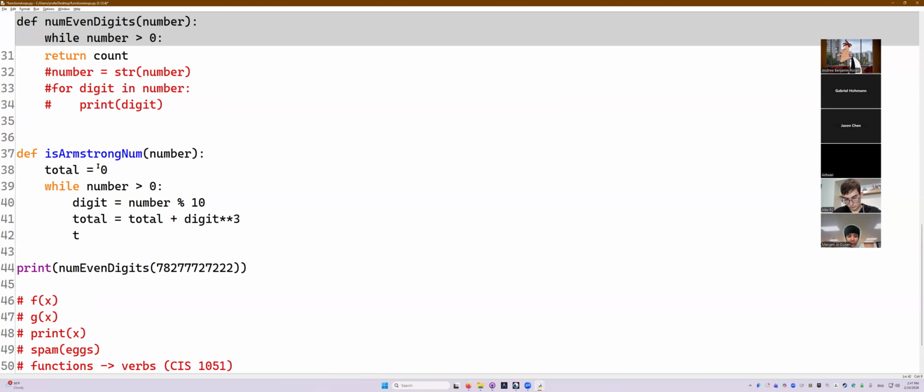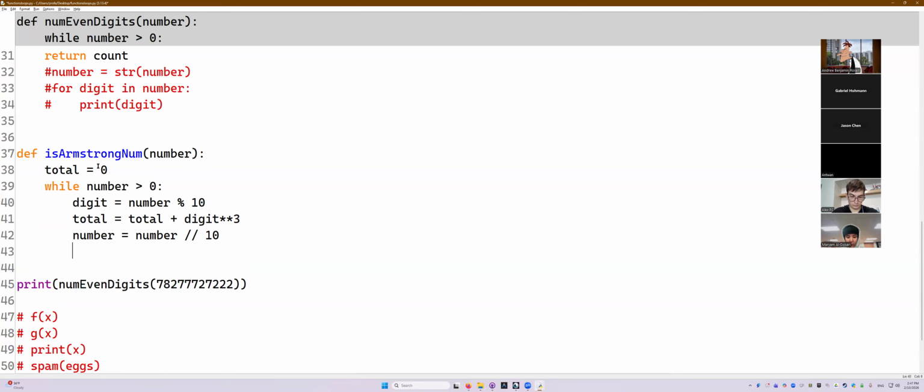And then we get rid of the last digit. Number is equal to number, not mod, divide by 10. And then what we'll want to do is basically return